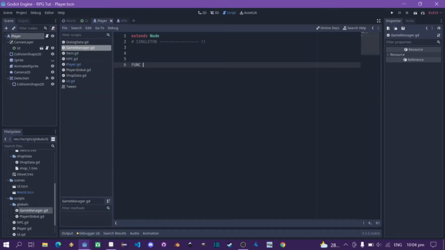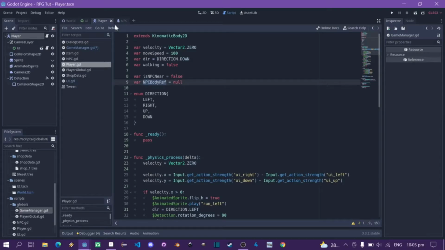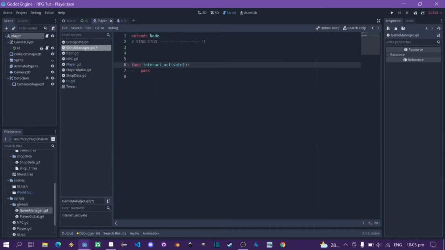So we're going to make a function here which says shop activate or interact activate. Okay, now we are going to pass in a body. Yeah, I think it's a body. Since we are going to have the reference of the NPC body when I click, okay, I think just going to press that here, yes, body, okay,